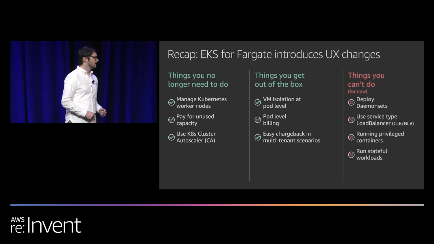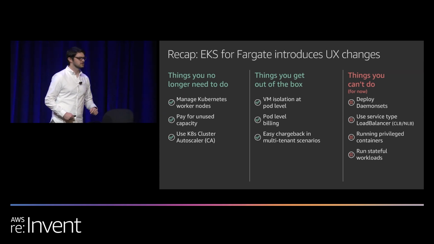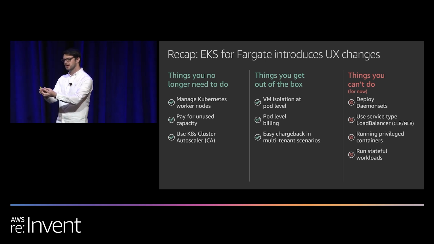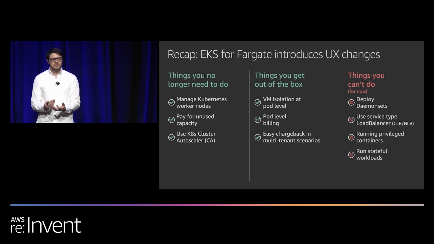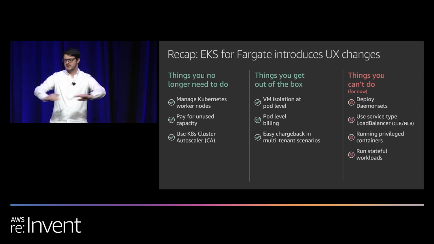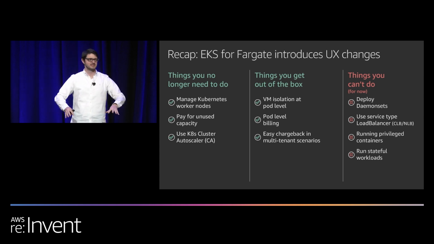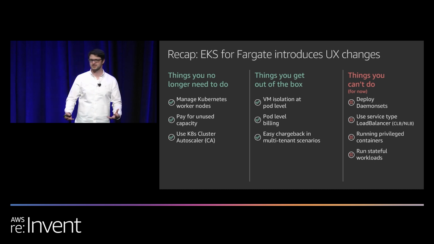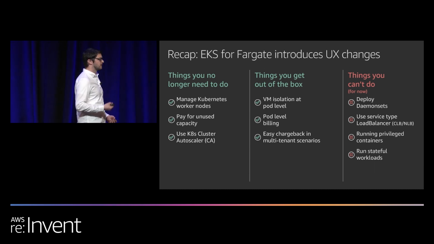Things you can't do. I'm going to pick a few things out of here. So daemon sets and privileged containers. These are just things that don't work with Fargate. Fargate is a micro VM per pod. So technically, we might be able to allow you to run daemon sets and you would just get an infinite number of pods. And they would actually have no relation to other pods. And you'd just have a million log drivers running on your cluster and it wouldn't really do you much good. These pods are isolated in their own micro VMs.